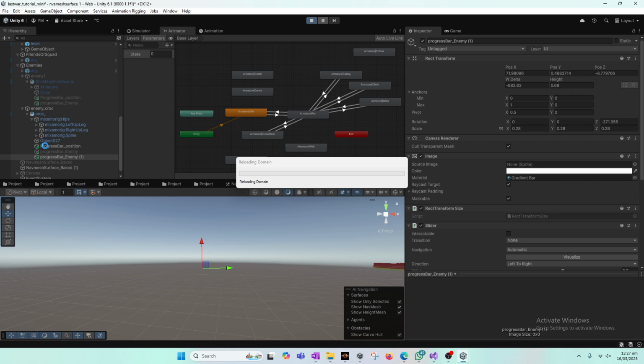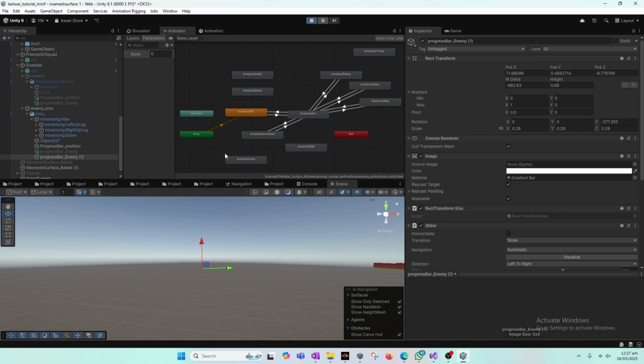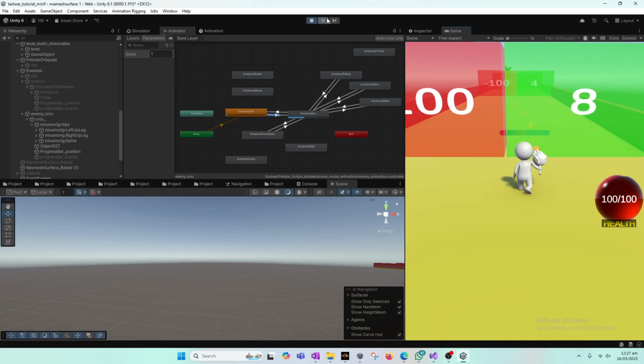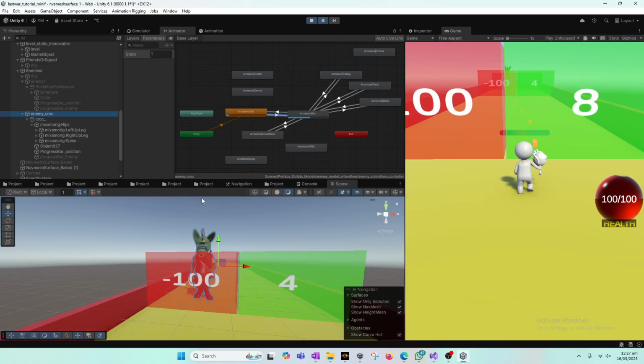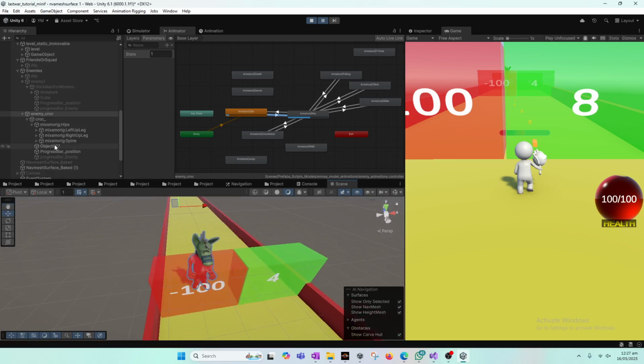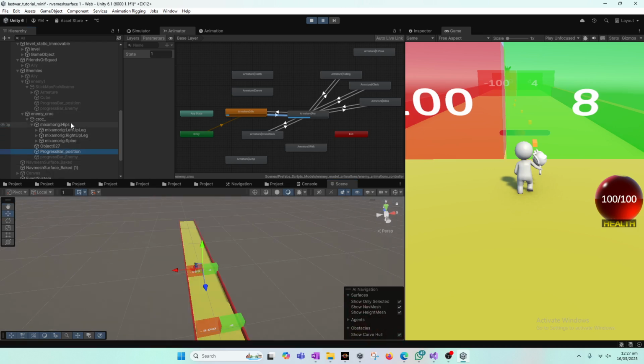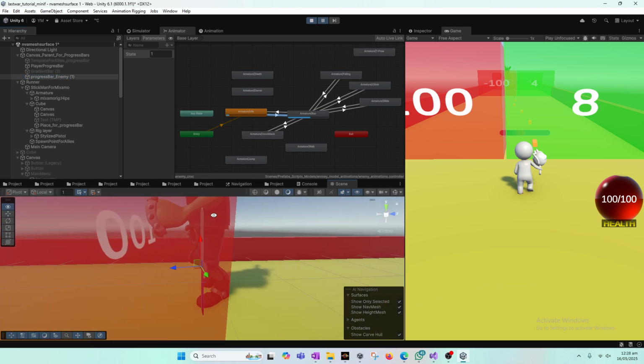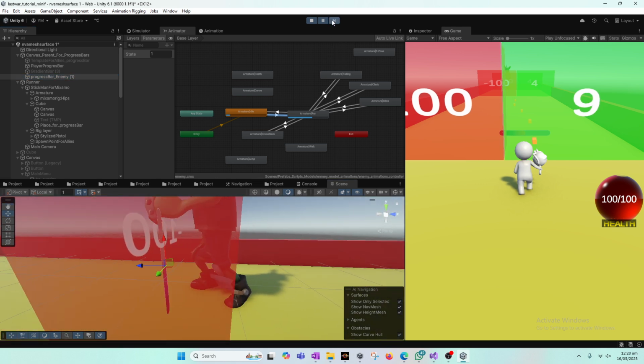Again, you guys don't have to do this because by default you will have this enabled. The enemy will be enabled. I did some changes, so it's not here. And now if you go to enemy clock, you can see the progress bar is not visible at all. It's somewhere here, progress bar. If I play it,